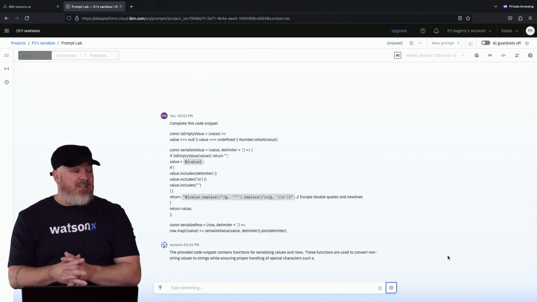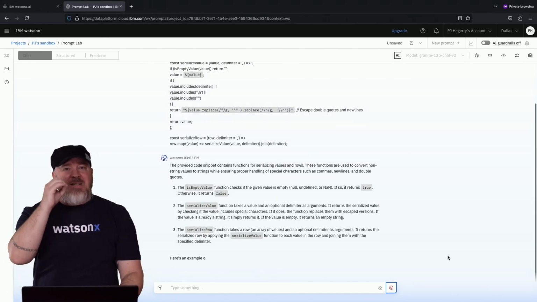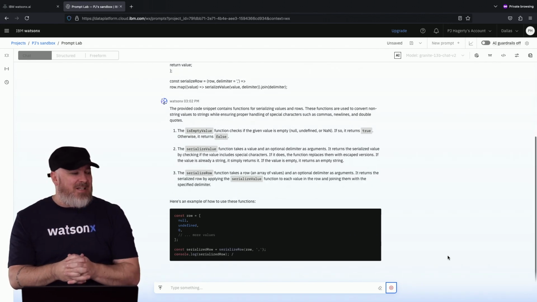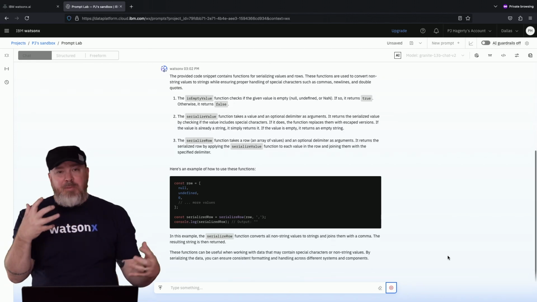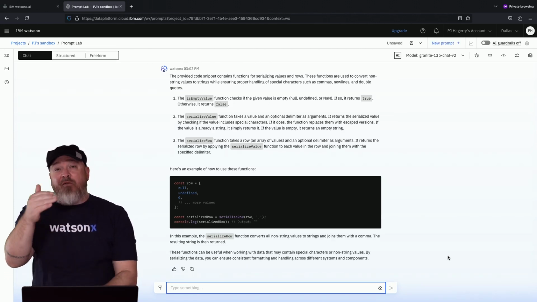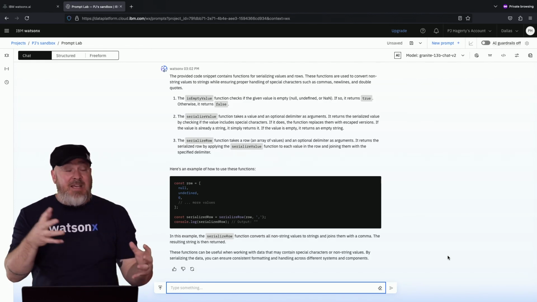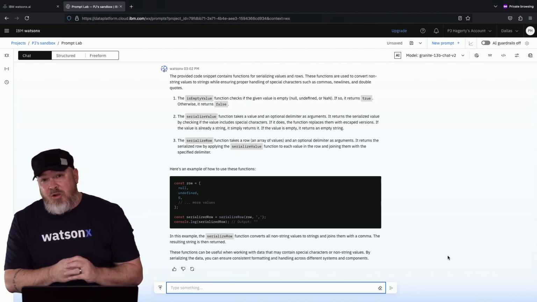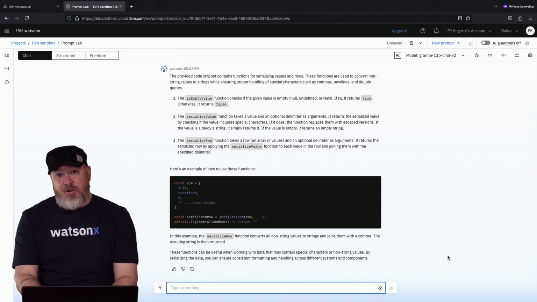And as you can see, it starts to say, okay, I think I understand what you're trying to do here. Let me explain what's being done and then actually try to fix the things that need to be done. So in this particular situation, it's going to serialize things. It's going to build the function that you want so you can get over that finish line. And this is a fun use of AI when you need to get things over the finish line. It can give you the opportunity to build on code examples that you have, or maybe partially functional code snippets, and get to a place where you have complete code that's actually functional and ready for production.